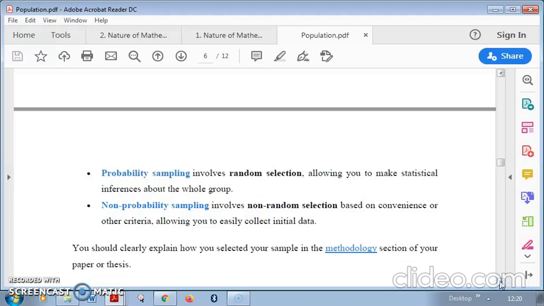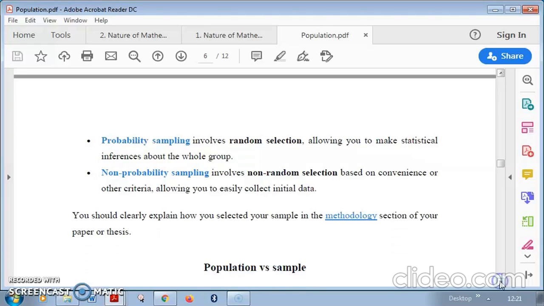In general, let's understand what probability sampling is. It is nothing but random selection. Random plays an important role here. The important thing is chance. There is a chance for each and every member of the population to go into the sample. Anyone can enter into the sample. That is a random selection. Because it is random, whatever statistical inference you make is a sound inference about the whole population.